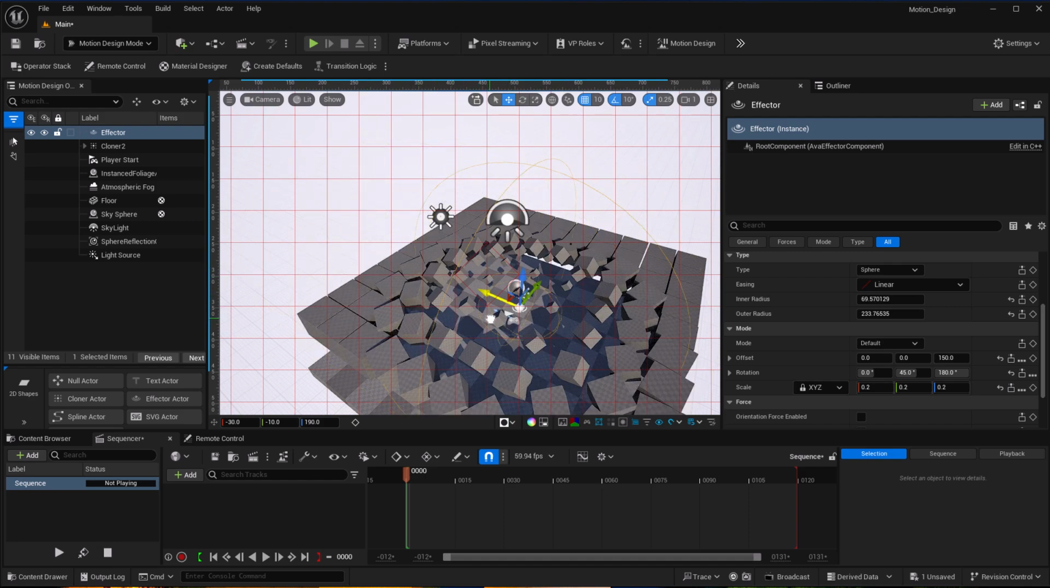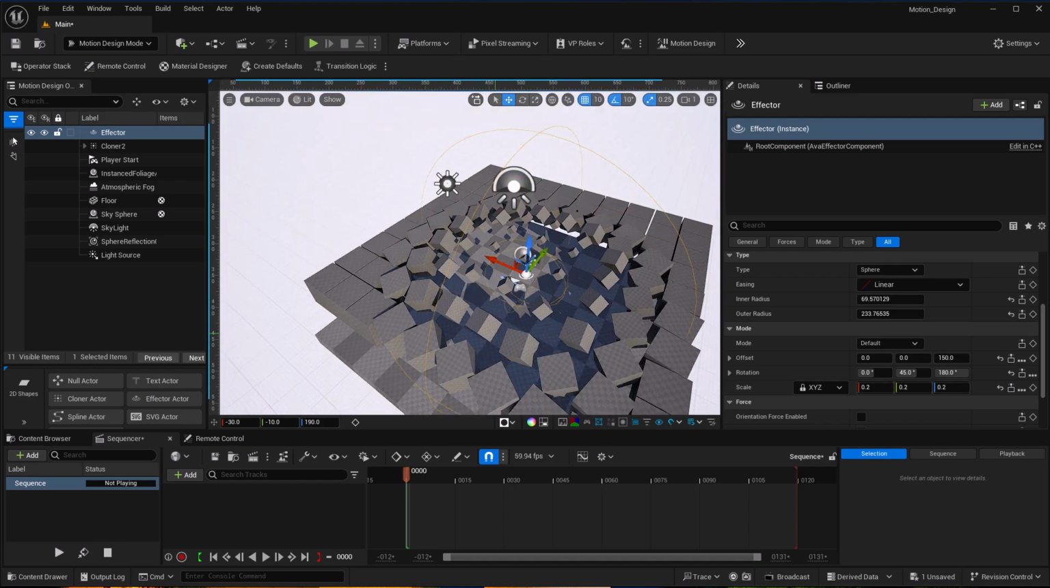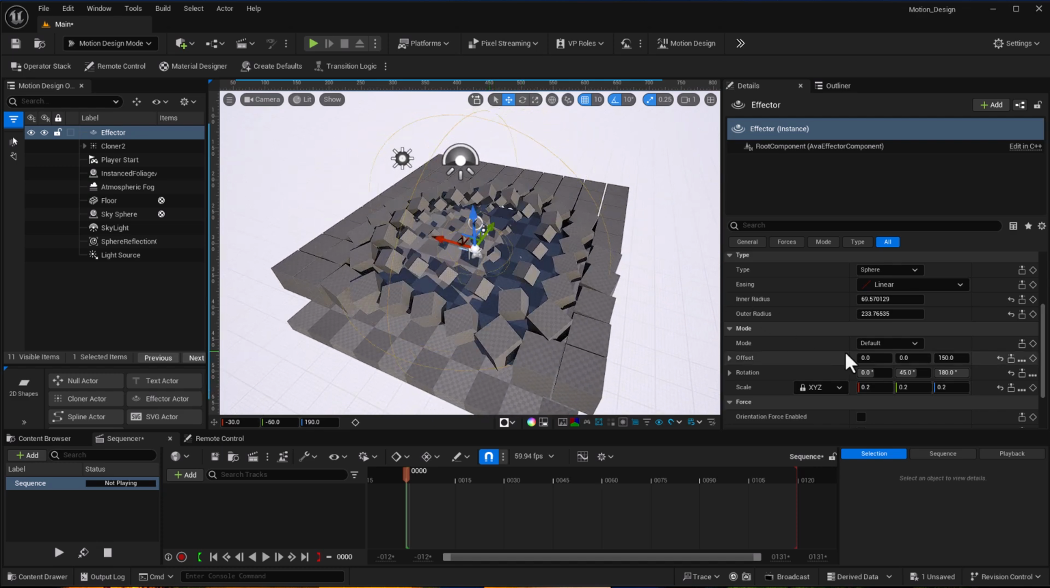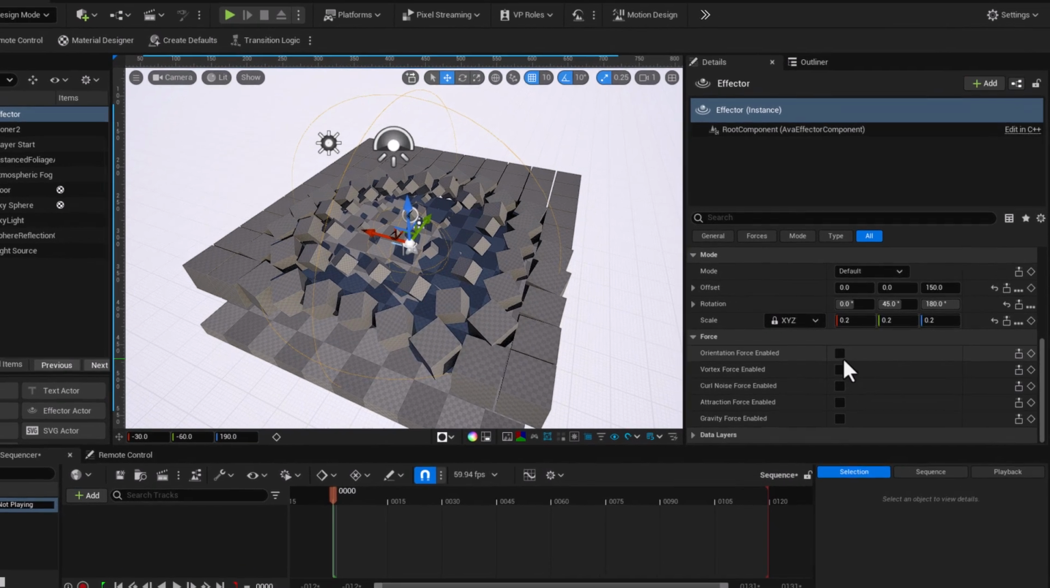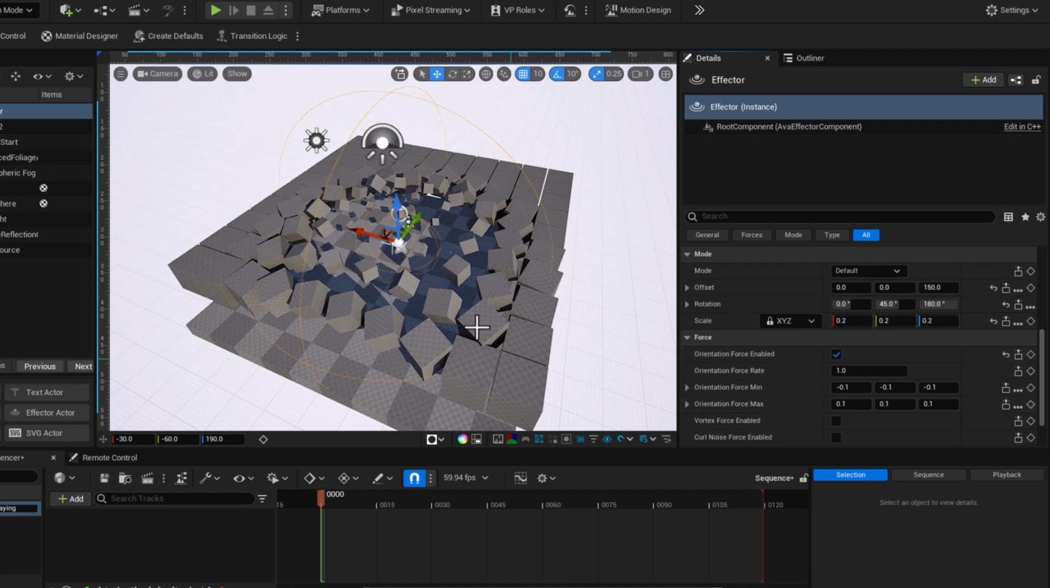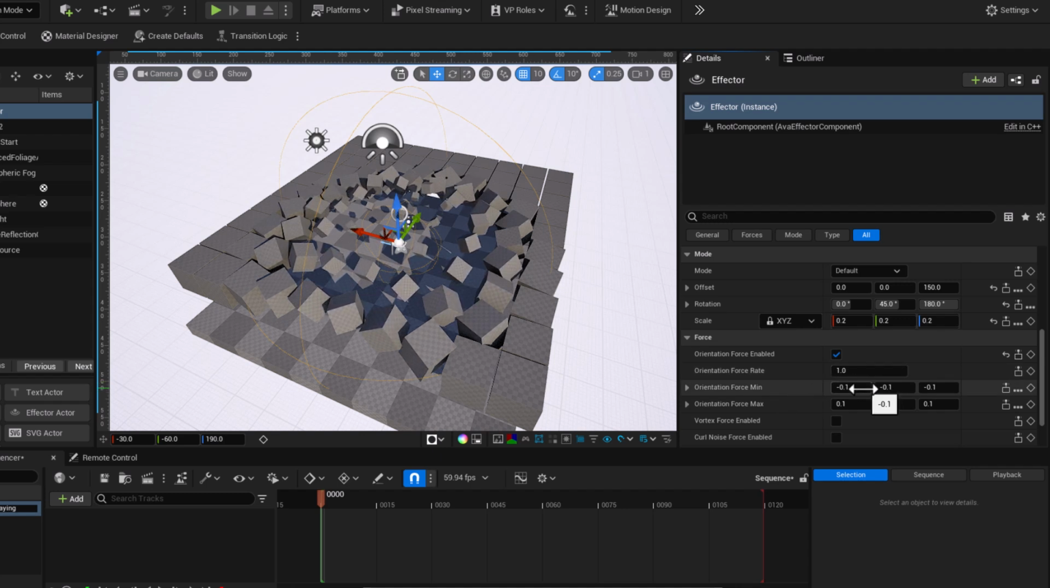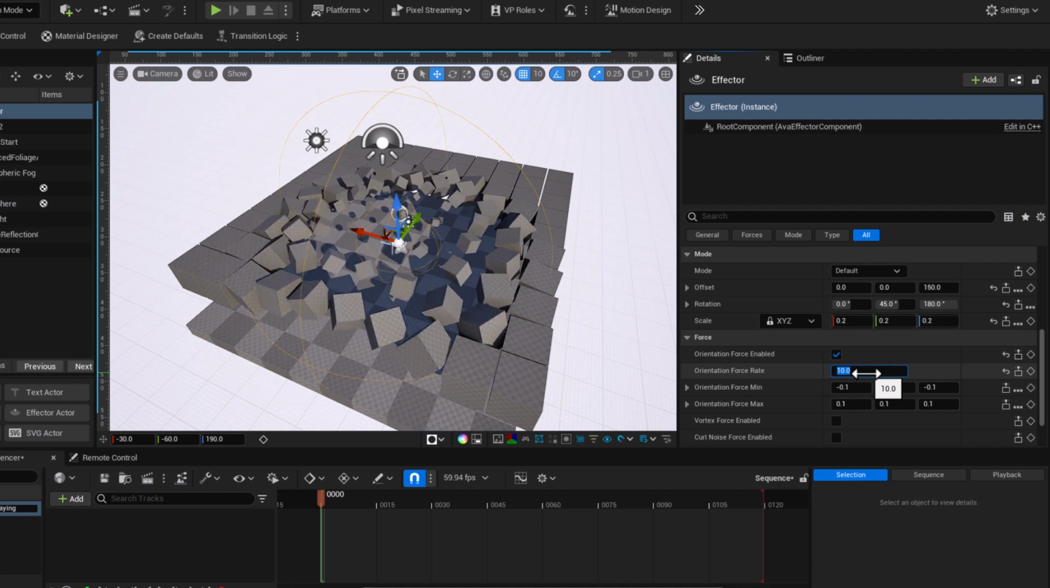But this is not the only thing effectors can do. Like we mentioned, it affects three major parameters. But in Unreal Engine, we have something called forces, and forces can dramatically affect how objects behave. Currently, there are five forces in Unreal Engine. The first one is the orientation force. With the orientation force, anything within the bounds starts rotating based off the orientation force rate and the orientation itself. If we set this to about 10, you'd notice they start